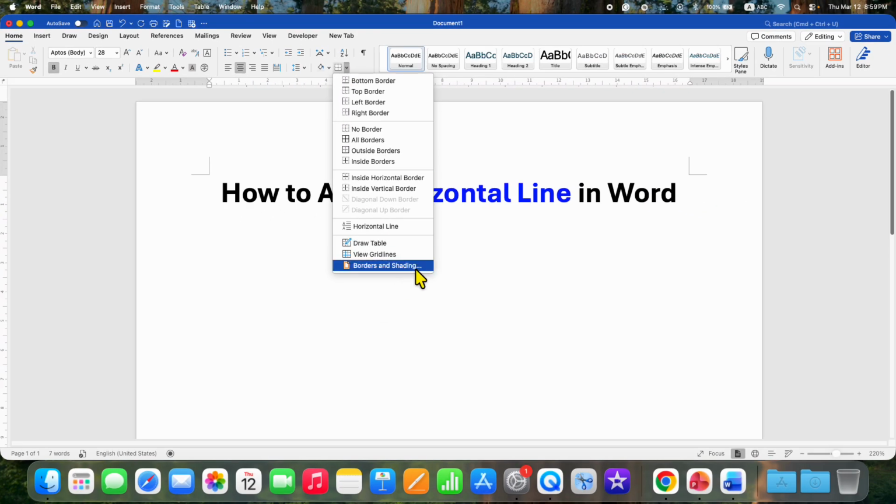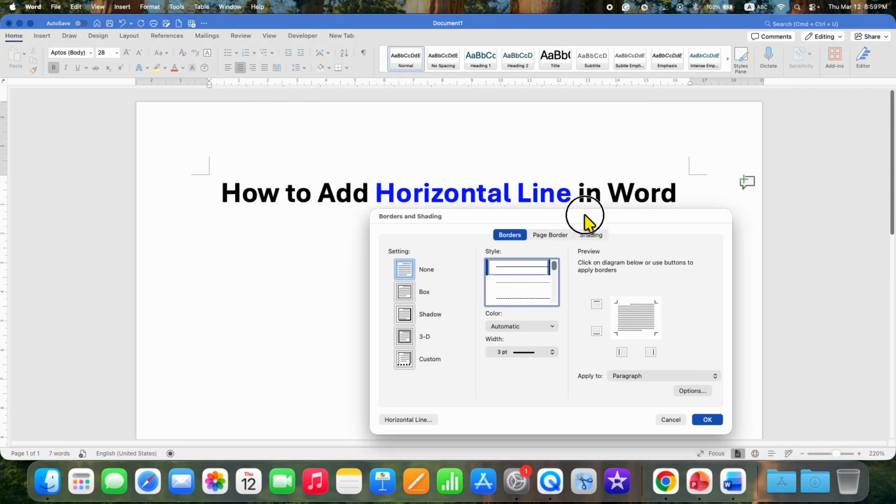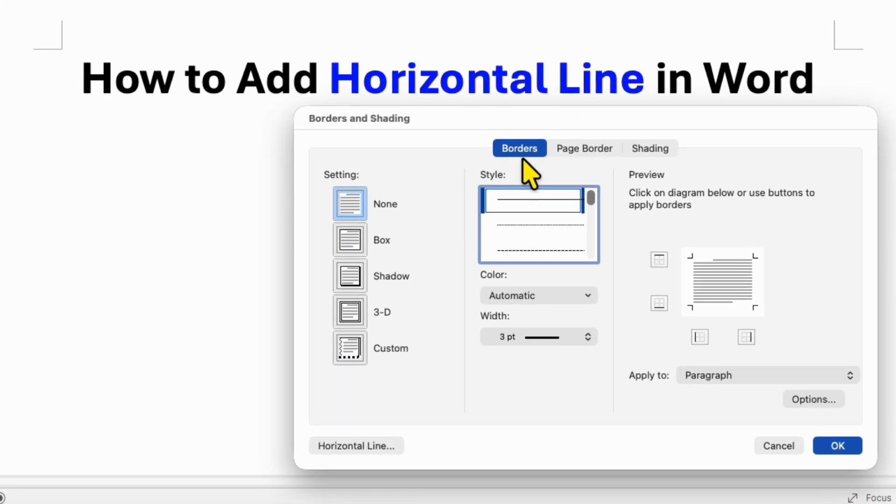at the bottom you will see the option of Border and Shading. Click on this option and you will see this window. Make sure you have clicked on the Borders tab, and here you can select the type of horizontal line you